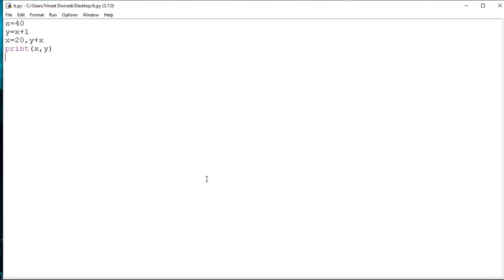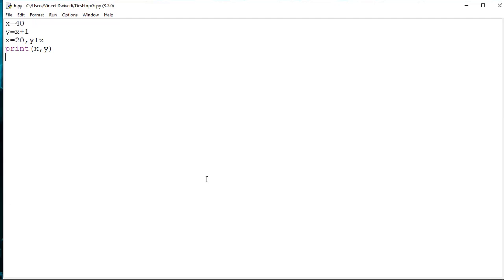We got the variable type as class of tuple. Here we are using the same concept, x is equals to 20 comma, but instead of directly giving a value we have provided the variables y and x, and we have added them. So the second value comes from the addition of the variables x and y.